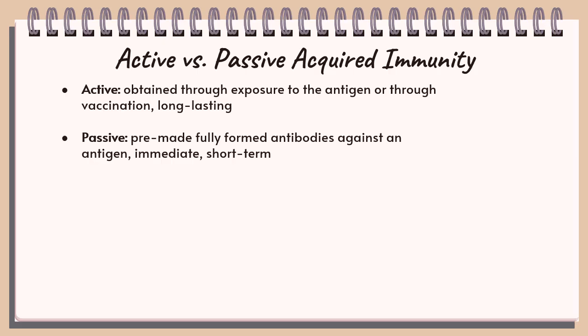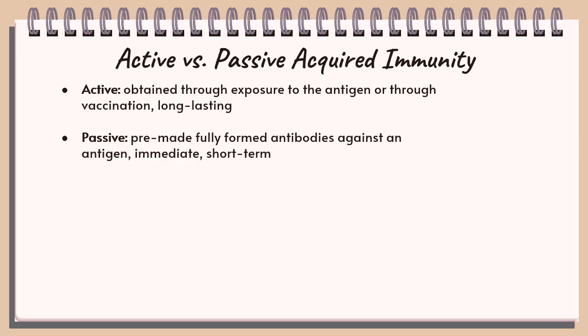All right, we also have active versus passive acquired immunity. So acquired immunity, remember, is you've gotten it, right? So active is obtained through exposure to the antigen or through vaccination. So this is very long lasting. You've either had the disease before, like let's say you got the flu A this season, like a lot of other people have, right? Your body has now made antibodies because of having that, and it's going to keep them for a long period of time. Or through a vaccination, like if you get the MMR, flu vaccine, COVID vaccine, things like that, it gives you a long-lasting